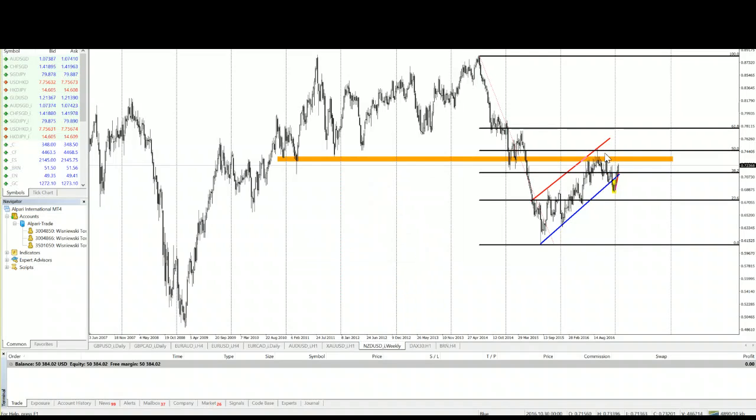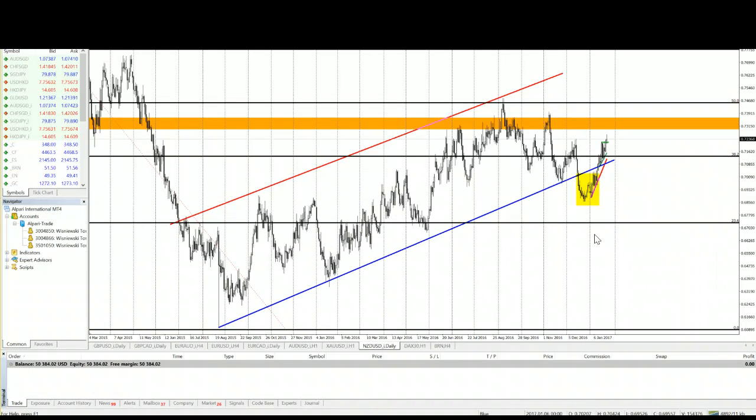We also defended the 50% Fibonacci level, so it looked like a decent sell occasion. It just looked like a flag. This breakout highlighted with yellow color also broke this support. It looks very strong, it looks legitimate. This area highlighted by yellow color before we got a retracement looked like a very strong sell signal, but